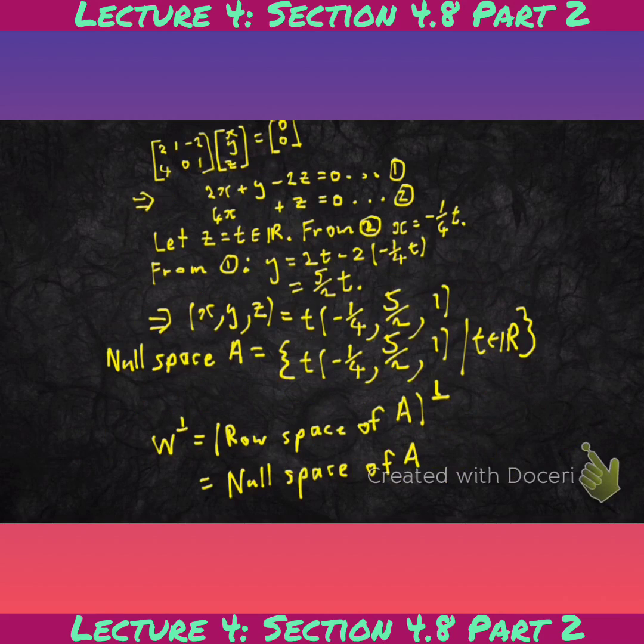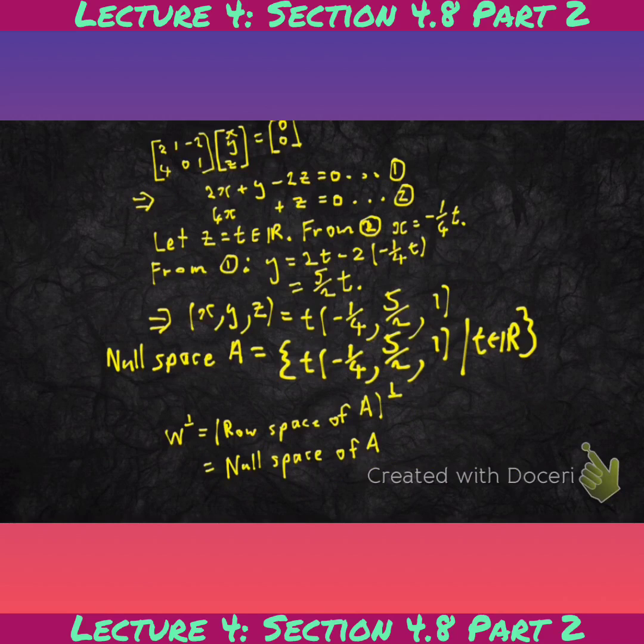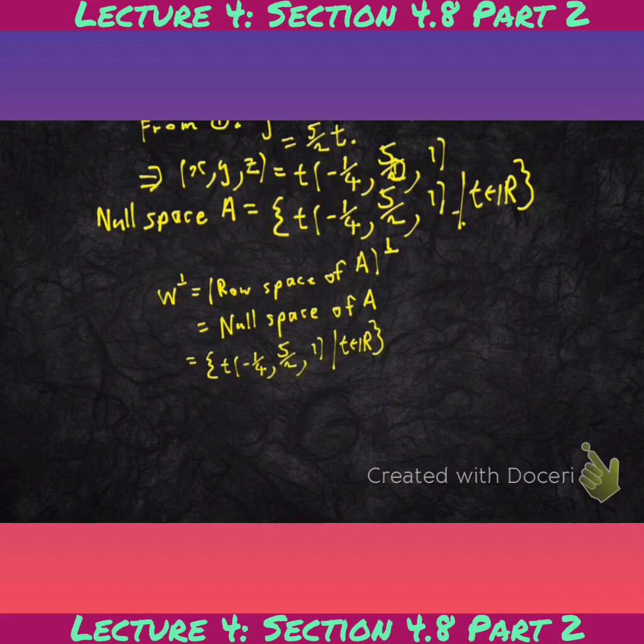Alright, so recall that the orthogonal complement of W is the orthogonal complement of the row space of A, and that's equal to the null space of A. So the null space of A is therefore this whole set that we said. Okay, so what is the basis for the orthogonal complement of W? The basis for the orthogonal complement of W is going to be pretty much the vector minus a quarter, 5 over 2, 1. Okay, so that answers